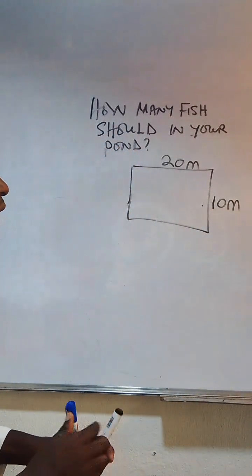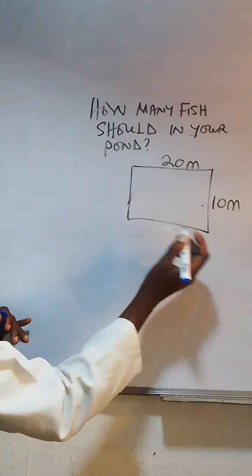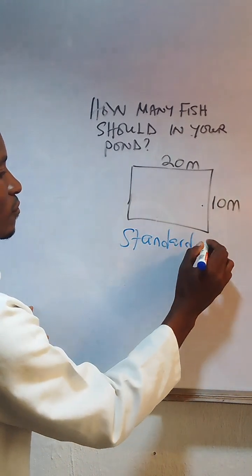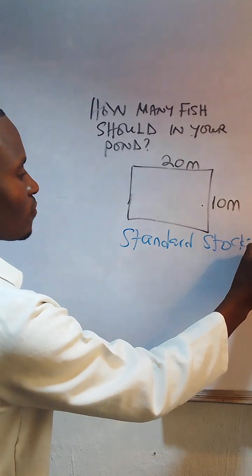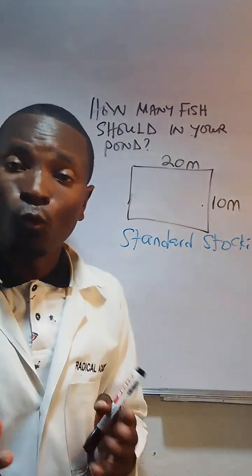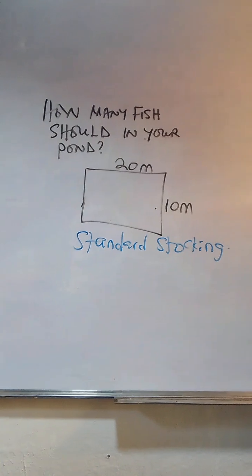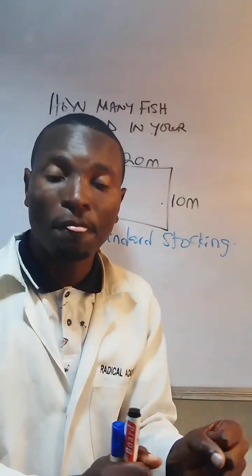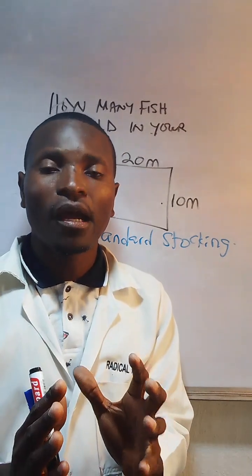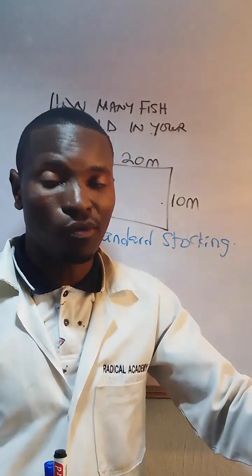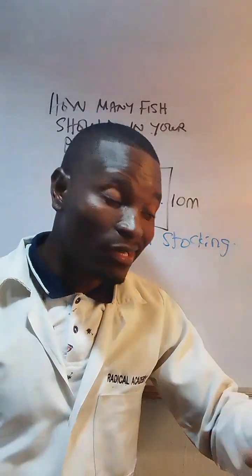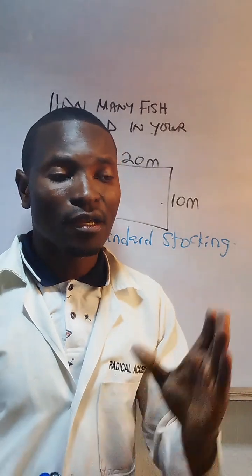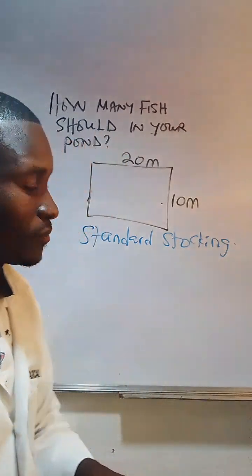Having said that, what is the standard stocking density? The stocking density is how many fish you need to put in your pond per square meter. It has been established through experimental research that per square meter,